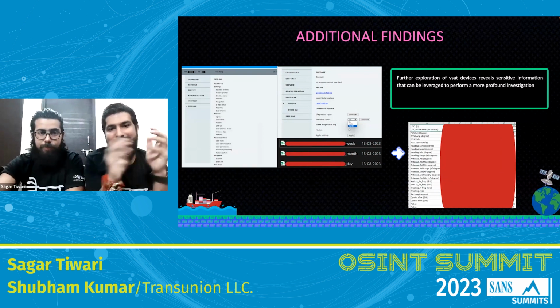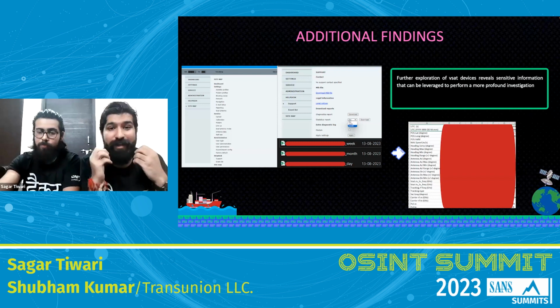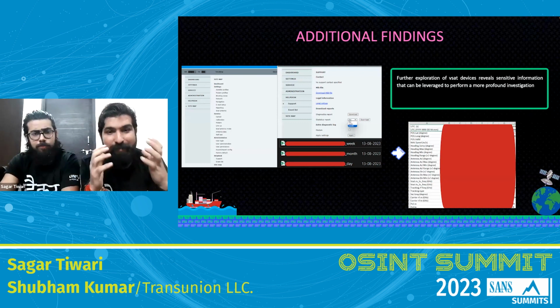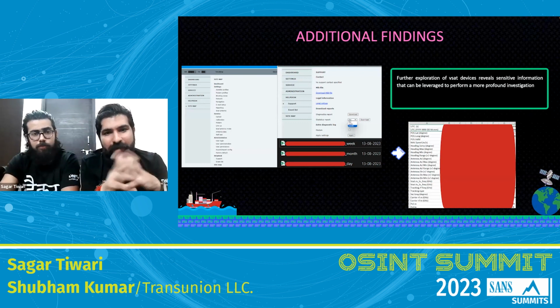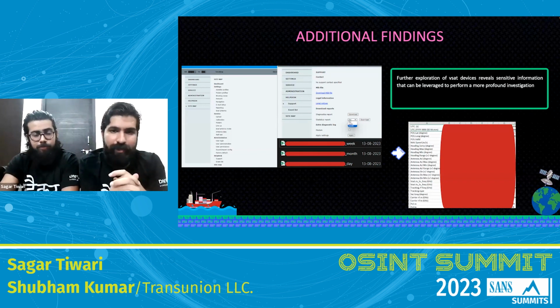So till now, what we have understood is about locating the ships and eventually also seeing the person behind it. Isn't that quite scary and beautiful on its own? However, to wrap things up, we have something called additional findings here. And as Sagar has said, these are not in the scope of the talk. However, they are very critical in nature.